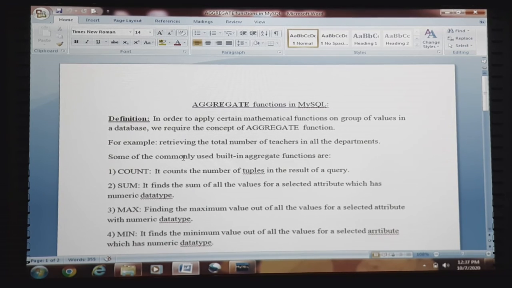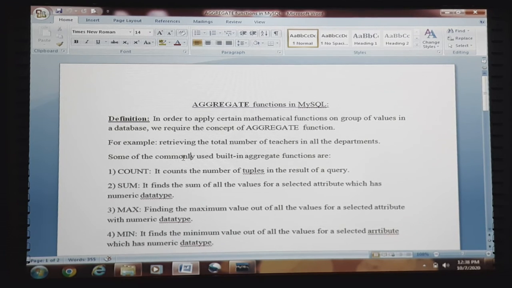Whenever there is a need for application of a particular mathematical function on a group of values, then we go ahead with aggregate function. For example, here one example has been cited. Since we are taking the example of department and teacher, we will stick to the department and teacher relation only.